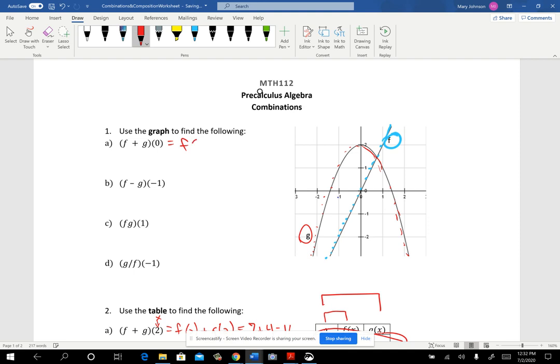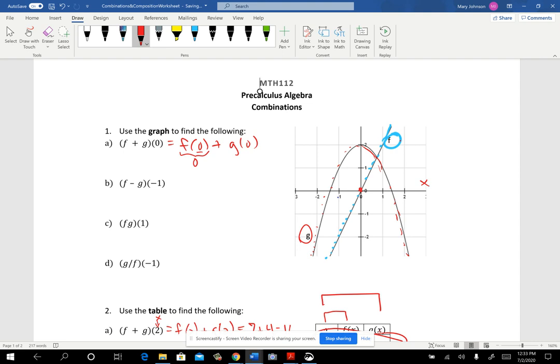we just are going to do f of 0 and g of 0 and then add those two together. But it's finding the f of 0 and finding the g of 0 that you're going to find to be a little more challenging, okay? Because you don't have an equation to plug into and you can't just pull it out of a table. So for f of 0, make sure you're focused on the line. 0 is an x, so you're looking at on the x-axis where 0 would be located, and then you have to go to the line, and it just happens to go right through that spot,